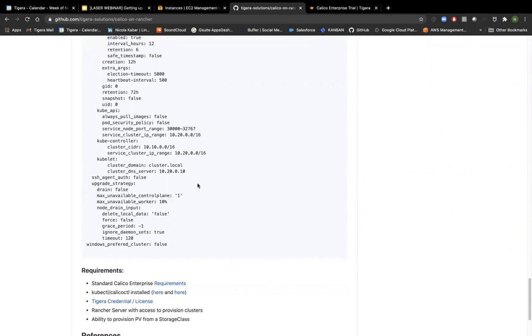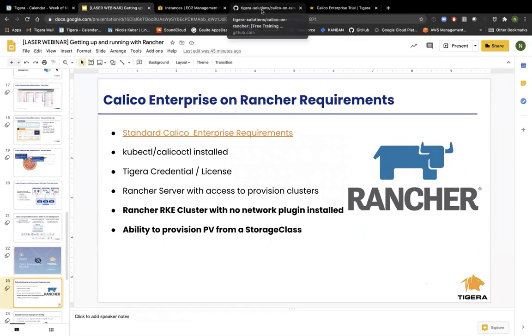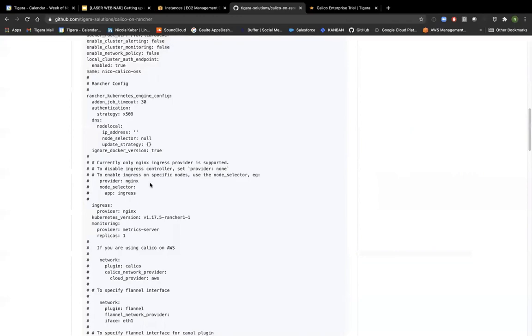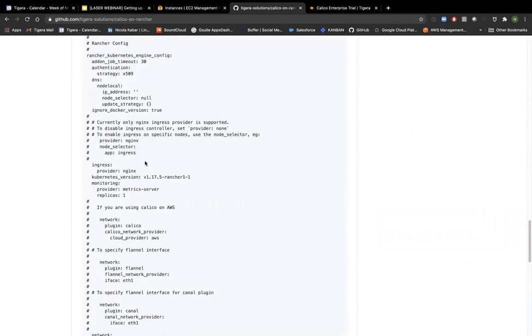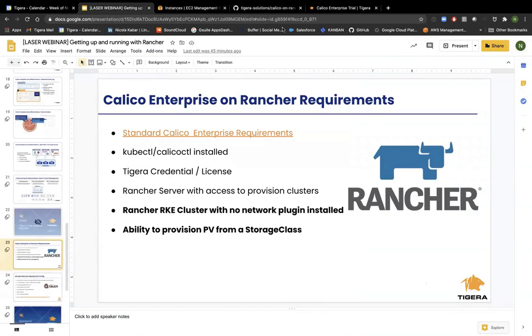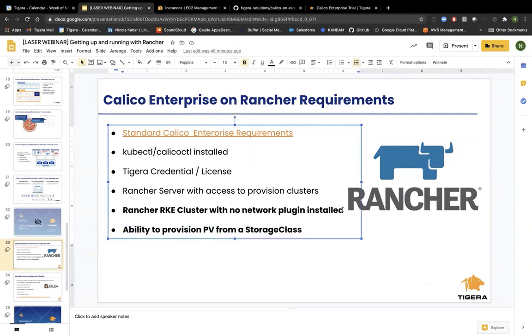The issue with running through a full installation is that it's going to take longer, but I'm going to post the configuration options and the workflow to install Calico as well as Calico Enterprise in the chat, so you can follow it on your own. The key requirement here is making sure that you have a PV for Calico Enterprise and that you have no network plugin installed when you launch Rancher,